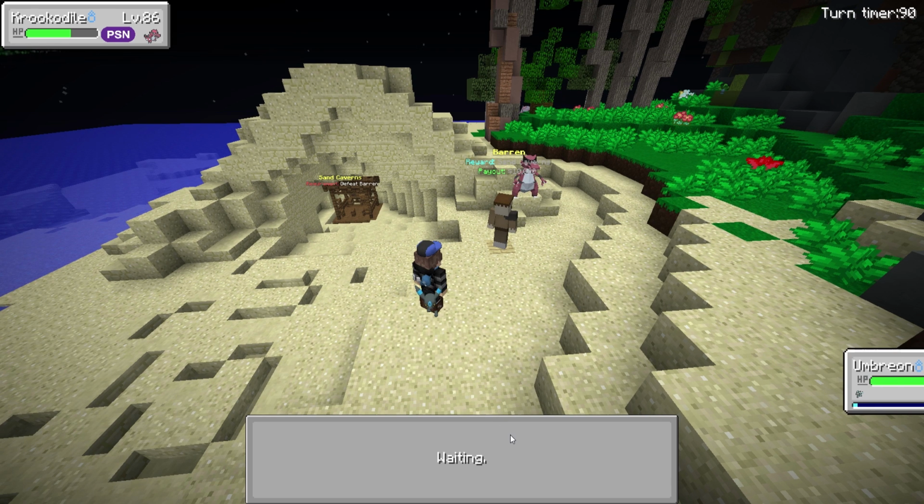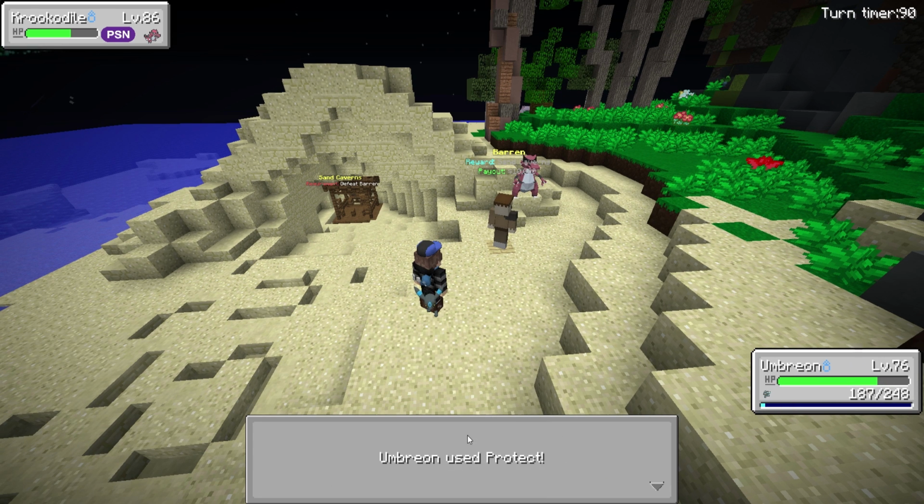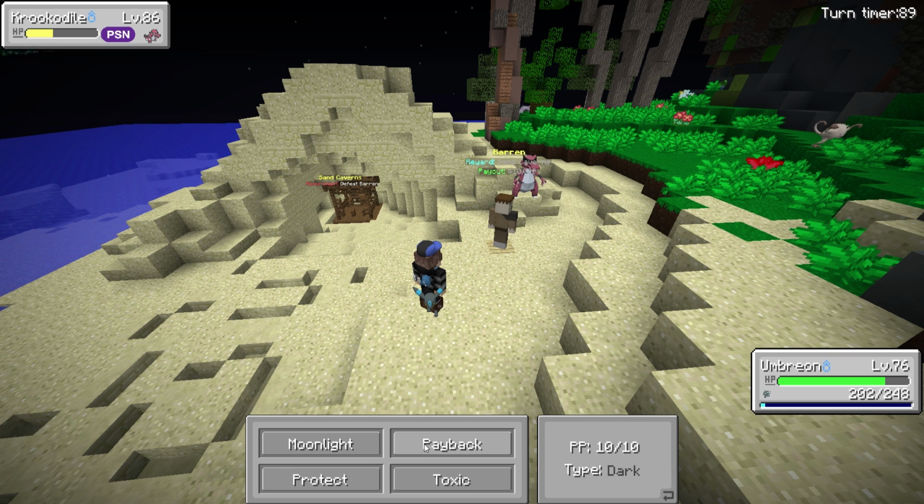Actually, you know what? If we go into Umbreon and we go with a Protect right off the bat, that'll get us an extra hit of the poison damage, hopefully. That's good for us. And then if we go with... I mean, I don't know what... He might one-shot me here, but...